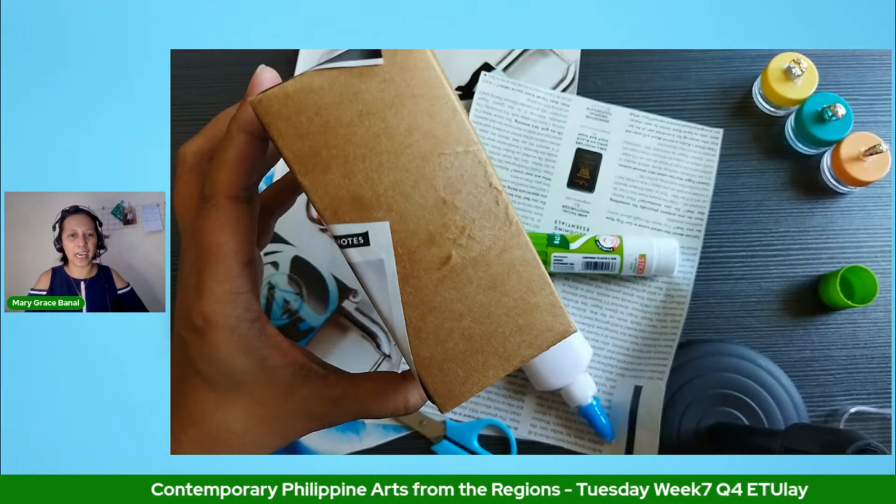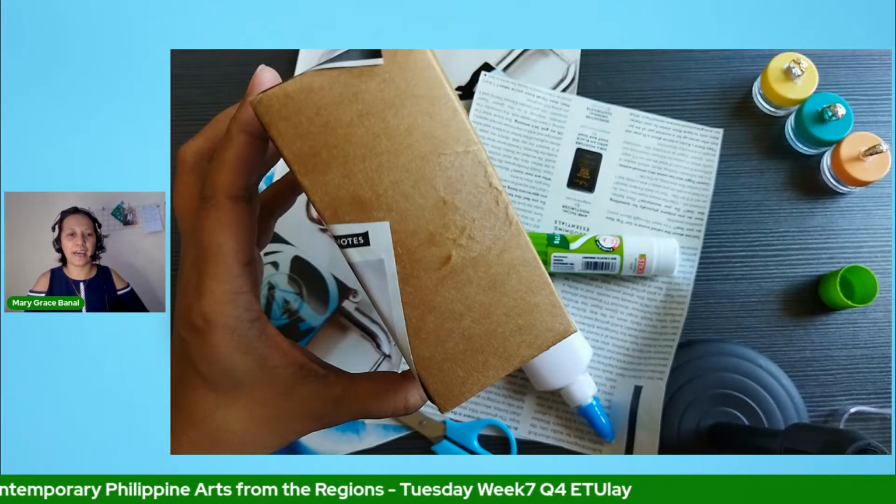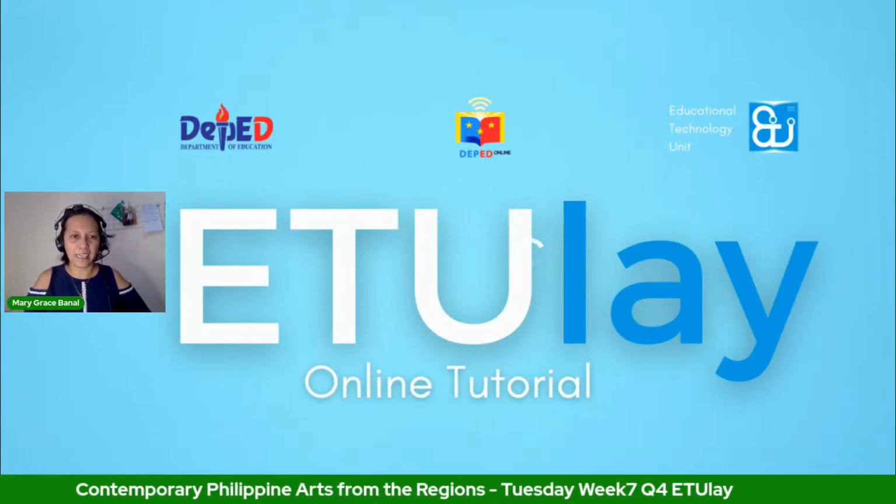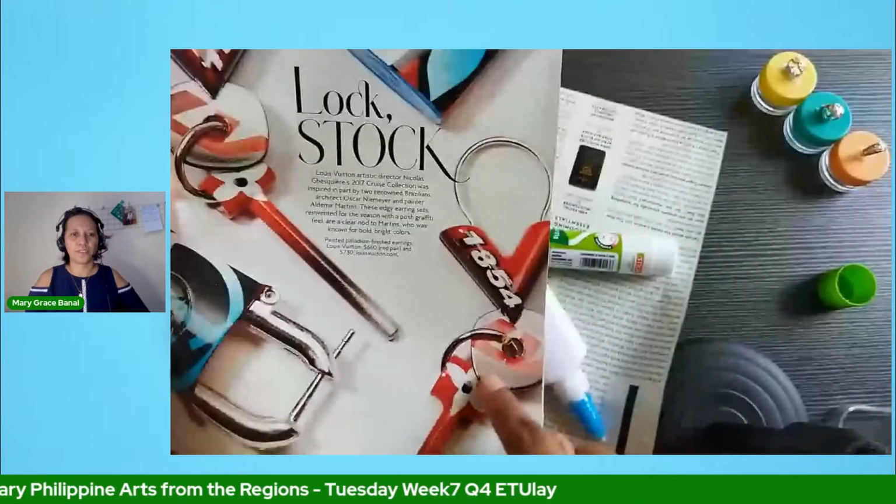Okay? So, yan yung isang part, yung isang page ng magazine na nilagay natin sa box for the collage. For the next page, okay, let's see. Our next page will contribute to the addition of color. Kasi as you can see, black and white lang talaga yung unang part, yung unang layer ng ating collage. So, moving on to the second layer, meron tayong ibang colors na idadagdag. Okay? And let's see what colors are those.